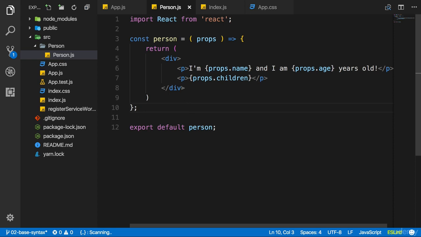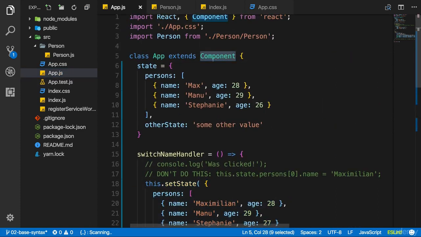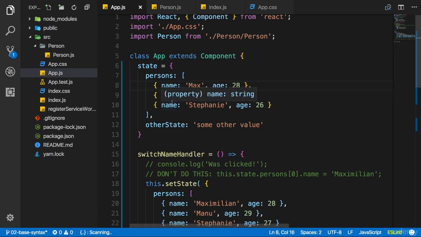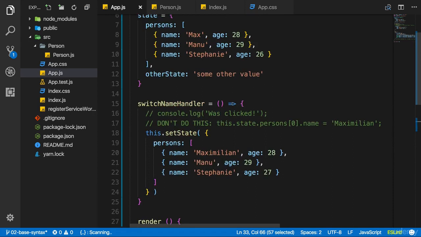Your application state should only be changed and handled in a few selected components, also referred to as containers. App.js would be such a container. That's just another name. It is a component, but we refer to it as container because it contains some part of our application state. In our demo application, actually all of the application state. Here, we can change something about our app. And then we pass these changes down to, for example, the person component. But that's it. The change happens in app.js.